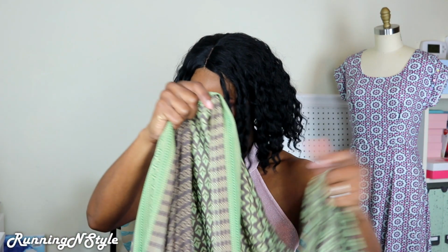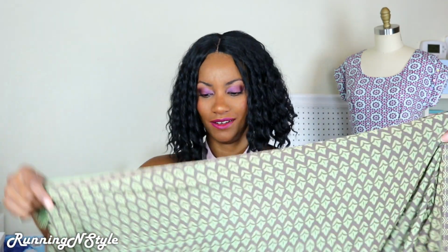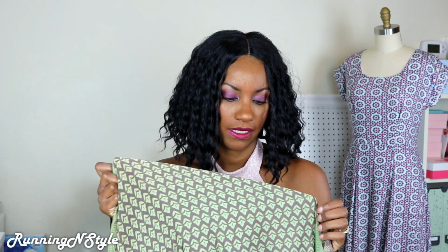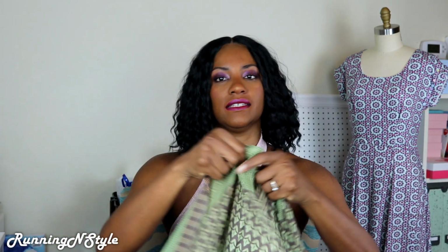Okay, so this is the last one. No, I got 2 more. Okay, so this is the one that had a lot of green and brown with a little bit of gold in there. This is probably my least favorite, just because everything else is so awesome. This one is really earthy. The tones are very earthy, and it's not like I don't like it, it's just that it'll probably be my,